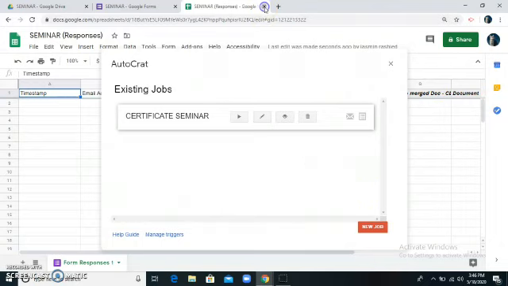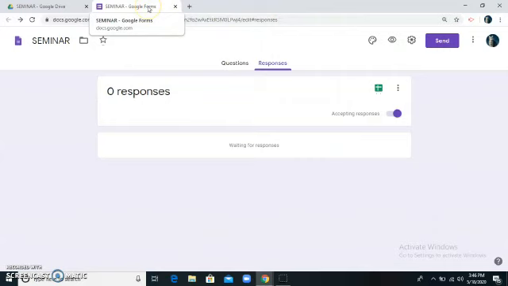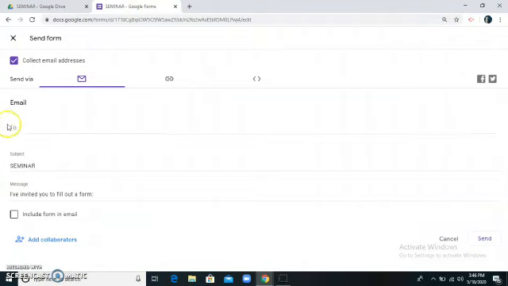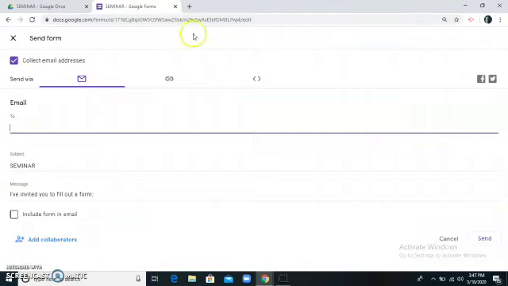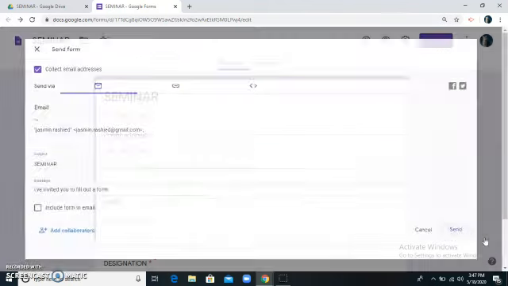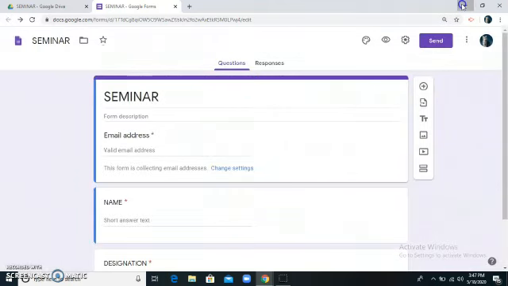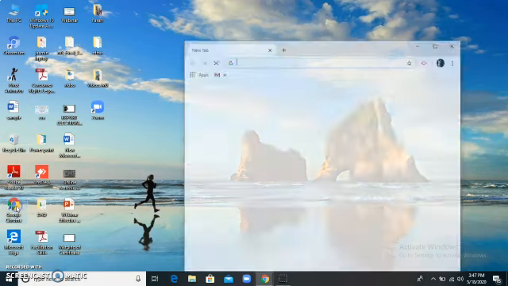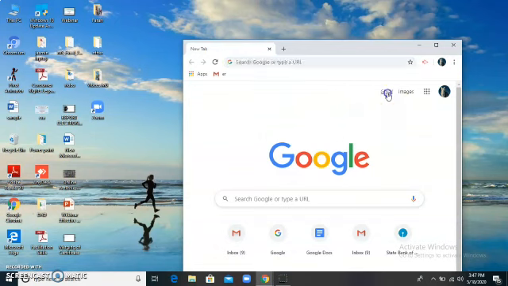Now I'm going to send the form to my email ID. When you are sending to the participant, you can generate a link and send it through WhatsApp or email ID. I'm sending to my email ID. Yes, I have sent. Let me open my mailbox. So go to Google Chrome. I'm opening my mailbox.